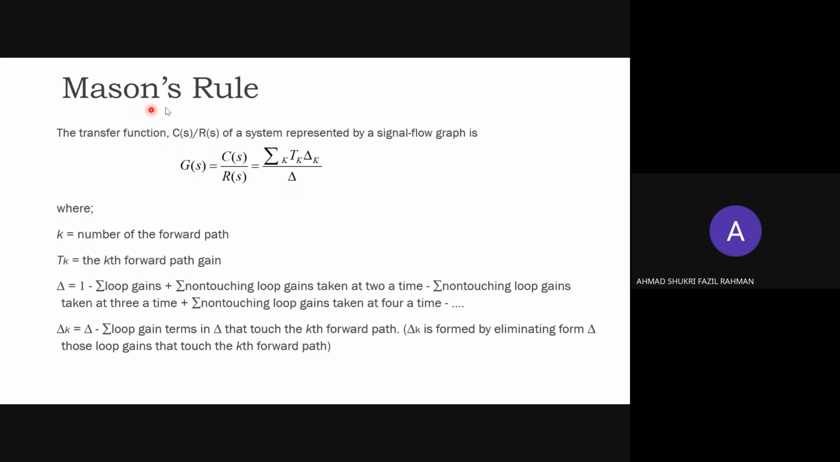We need to apply a rule called Mason rule. So Mason rule is given by this equation. We know that G(s), the transfer function, is actually a ratio between output and input. And it also equals, this is the one that describes the Mason rule, the total sum of Tk multiplied by delta k, divided by delta. So the sigma k here is the total sum of the multiplication of Tk and delta k. What is Tk? The kth forward path gain, and delta k is the loop